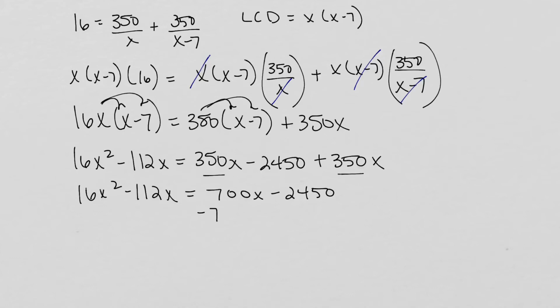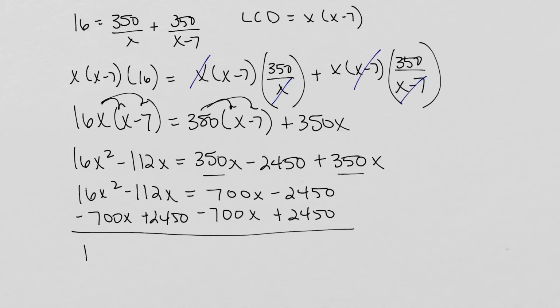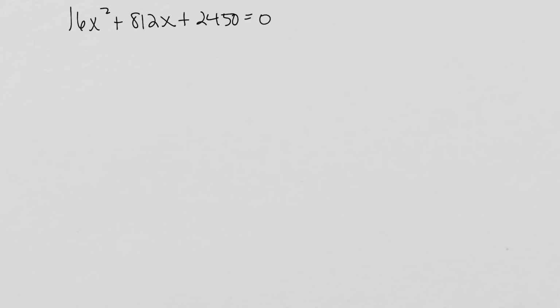And now I'm going to subtract the 700x and add the 2,450 to both sides, so I can set it equal to 0. That gives me 16x squared, and negative 112x minus 700x is negative 812x, plus 2,450 equals 0. Once again, I think everything here is divisible by 2. It all looks even. So if I divide everything by 2, that's going to leave me with 8x squared minus